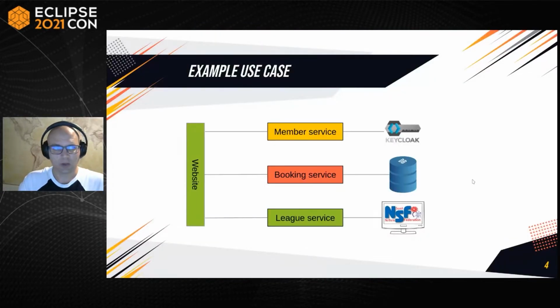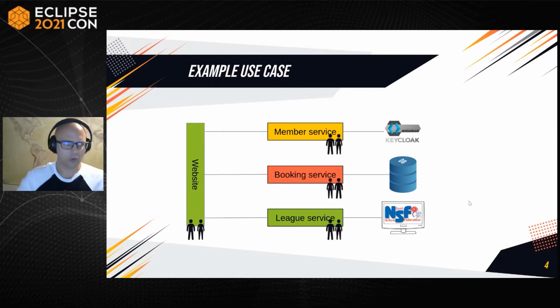So the example system is already using microservices. As an example, the member service gets data from a Keycloak server, the booking service from a database, and the league service does screen scraping of the Northern Squash Federation. And typically in an environment like this, because of Conway's law, the teams are structured around this business concern and this service. So there's a team that looks after member service and booking and league. And then you have a website team, the team that makes sure that all of this comes together on the